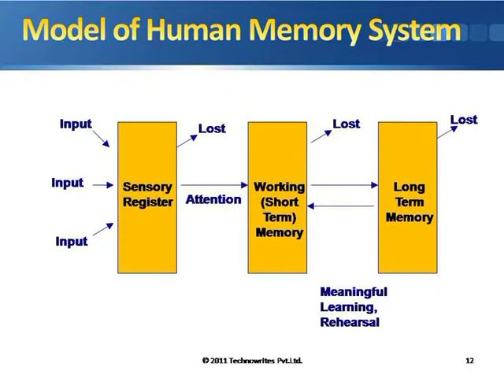Alright, let's look at the explanation now. So this is the model of the human memory system. As you can see, there are multiple sensory registers which are getting the input. Now, if you pay attention to those sensory registers, that input goes to your working or short-term memory. From there, it will go to your long-term memory. Now, if you are able to do meaningful learning and rehearsal, those inputs will probably also come back to your